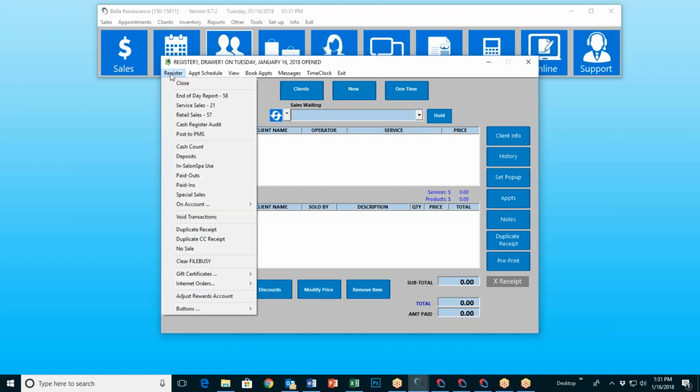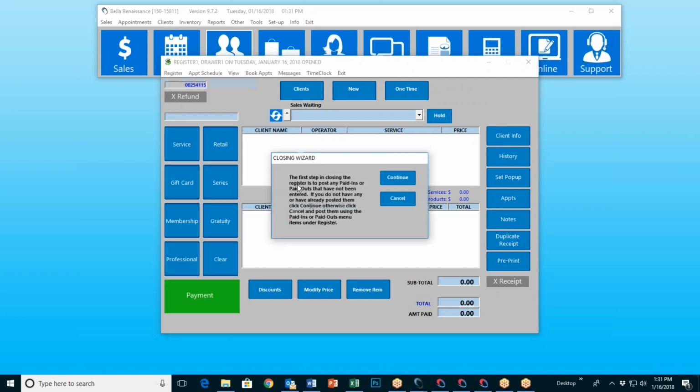Now it's time to close our drawer for the day. I go to register and I go to close. The first thing the closing wizard is going to ask me is whether or not I have successfully done my paid ins and paid outs. And the reason for that is because that can mess your drawer up. So for instance,